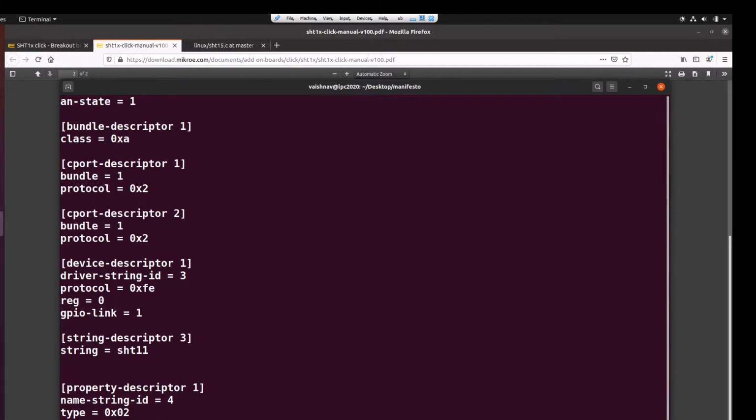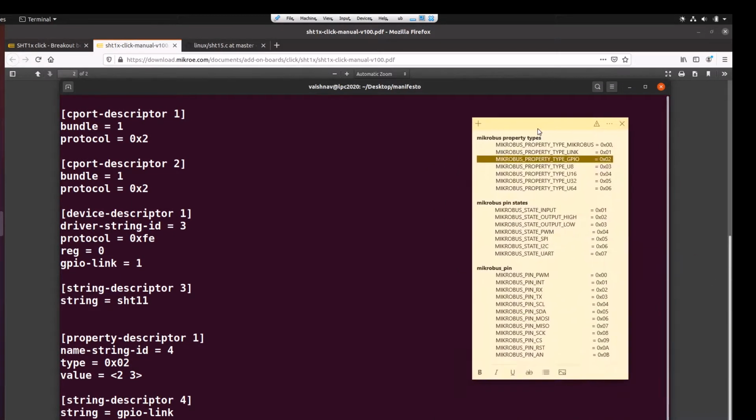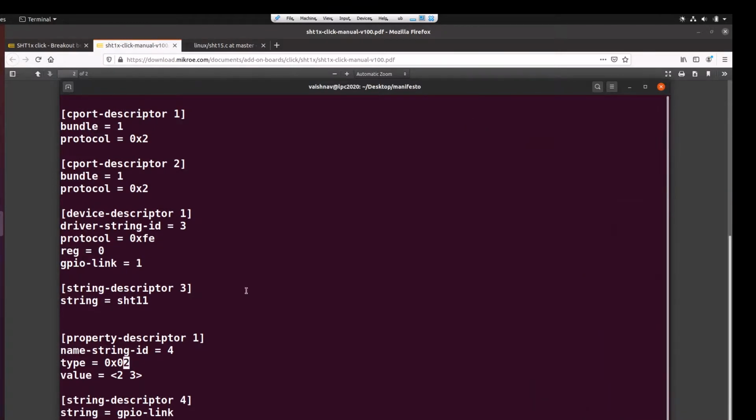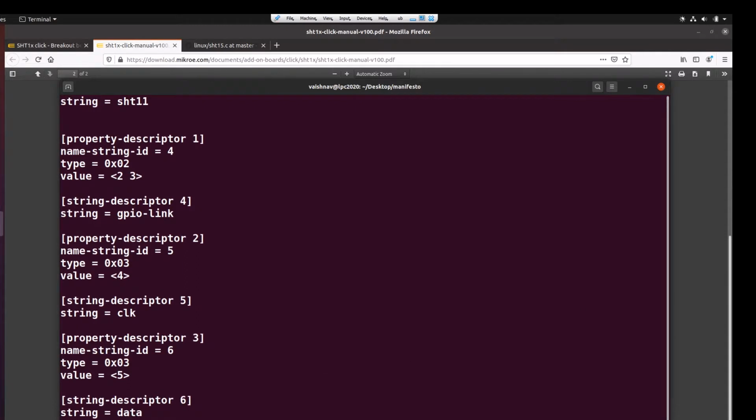So we have a GPIO link field in the device descriptor, similar to the property link field. So we are now mapping it to property descriptors 2 and 3 as named GPIOs to the device. So the property descriptors 2 and 3 have the values 4 and 5.